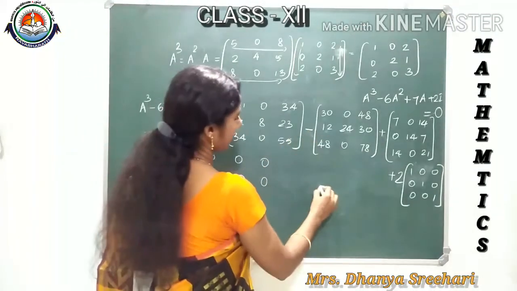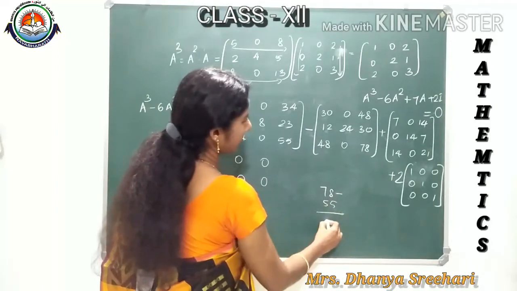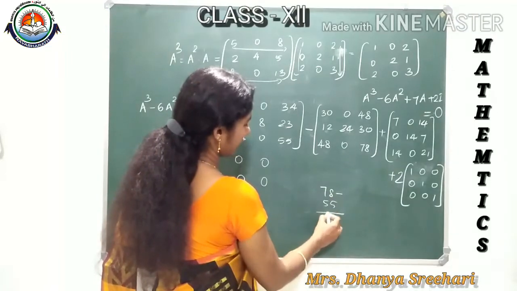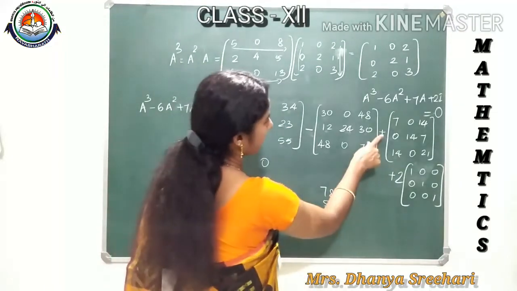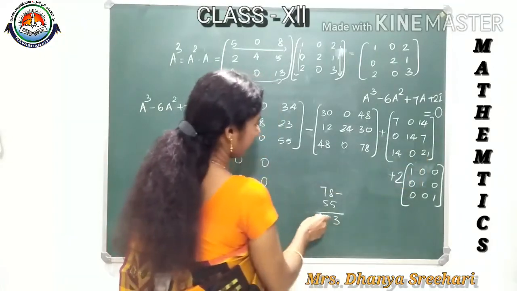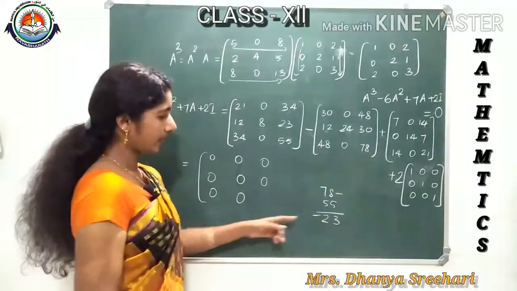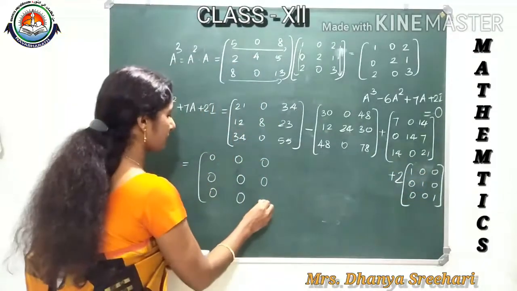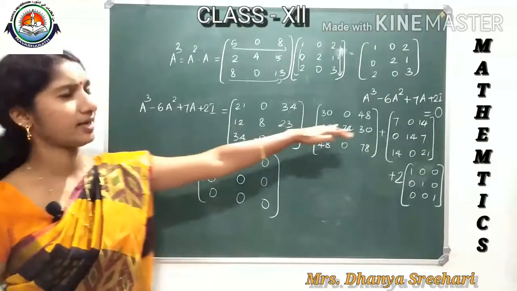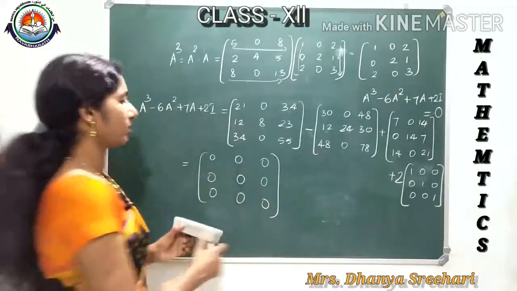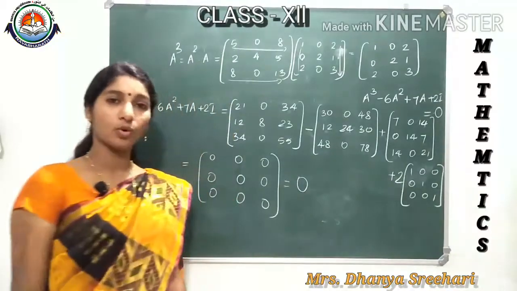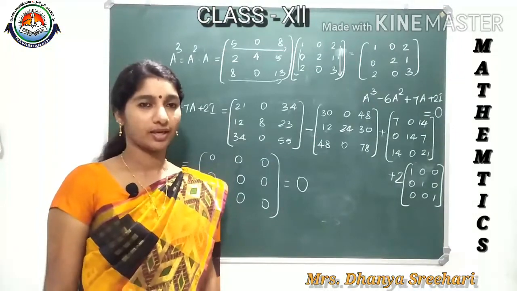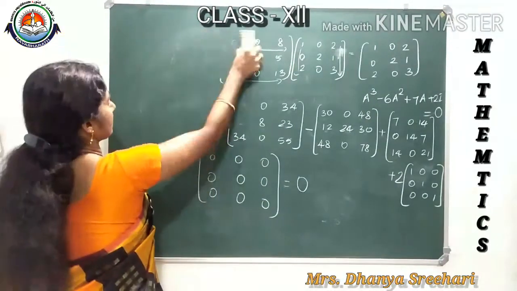55 minus 78. 78 minus 55, we are getting 23. This is minus 23 because minus 78. So minus 23 plus 21 is minus 2. Minus 2 plus 2, we are getting it as 0. So finally we got all the elements, means direct addition only. All the elements we got as 0, that means it is the matrix O, zero matrix. We got zero matrix. So we have given the proof for that question. Okay. Then next question.